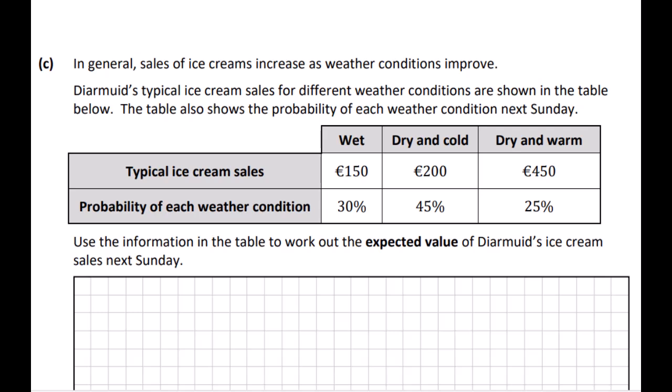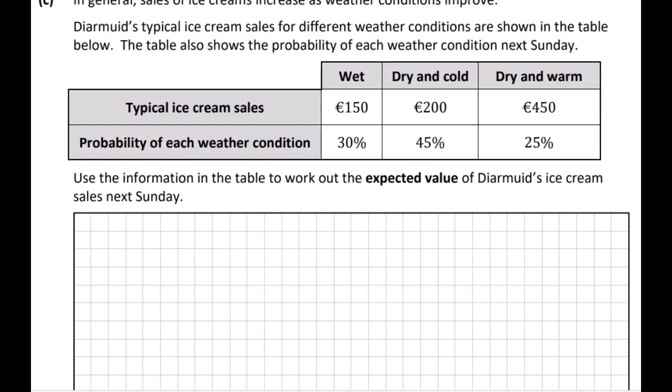In general, sales of ice cream increase as weather conditions improve. Dermot's typical ice cream sales for different weather conditions are shown in the table below. The table also shows the probability of each weather condition next Sunday. Use the information in the table to work out the expected value of Dermot's ice cream sales next Sunday. So the expected value, E of x, is the probability, in the first case 0.3, which represents 30%,